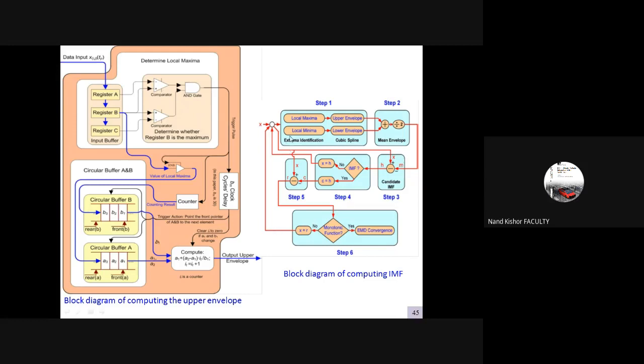As you can see here, we get a signal, and we have local maxima and local minima between the two samples. We take the mean of this, and then we check whether this signal is a candidate for an IMF or not. For that, we apply this decision, because as I said, each IMF should be a monotonic frequency component. So we test that part here.